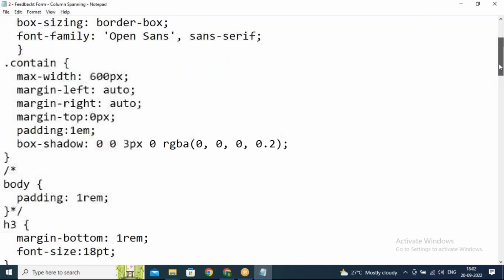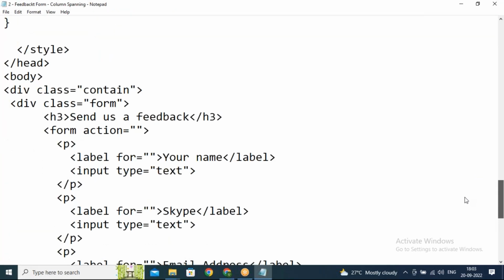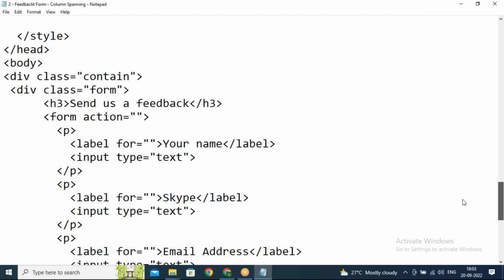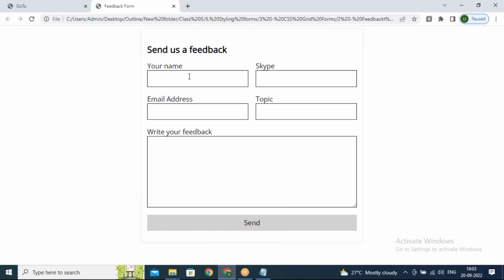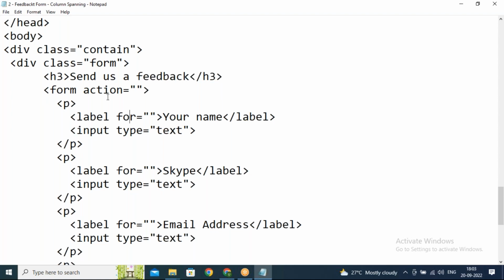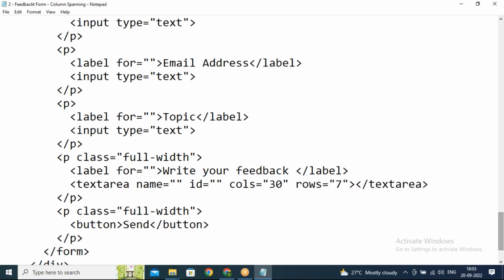So when you look at the form tags, here I've given a div. Let's say as a paragraph, I'm displaying the label, and just below the label I'm displaying the text box. Then I put a div for styling it, and I have a container, and within the container I place the form. Then when you look at the text area and the submit button, I have styled it